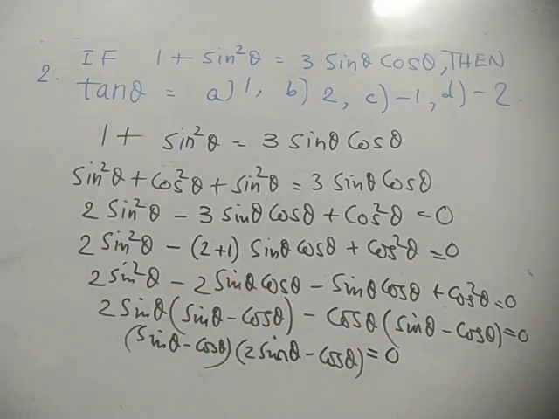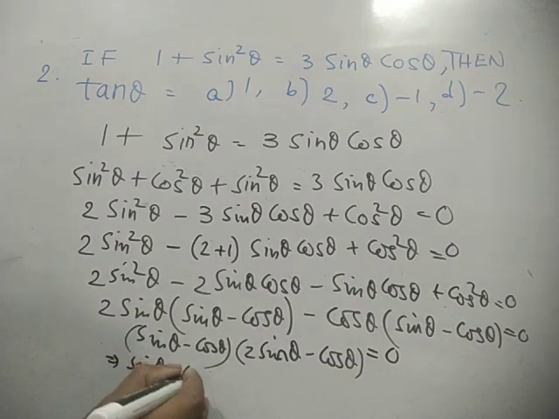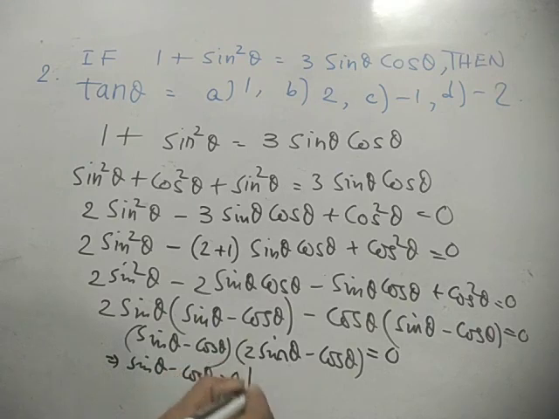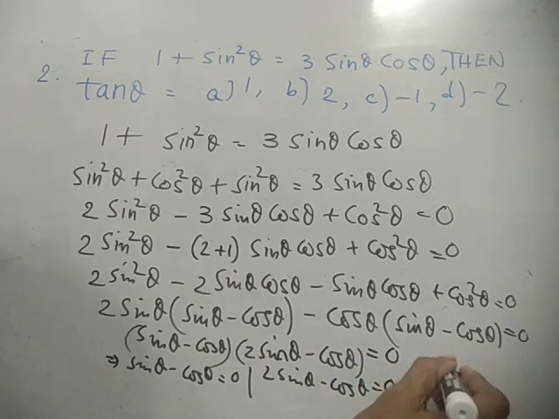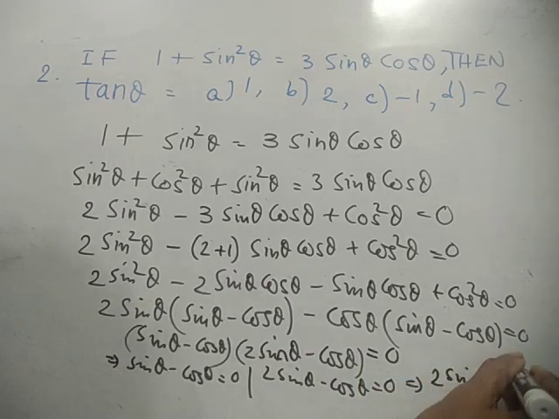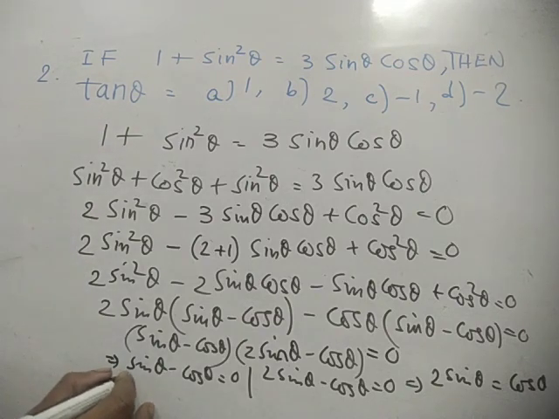So 2 factors equals to 0 means we know either the first one equals to 0 or the second one equals to 0. Means sine theta minus cos theta equals to 0 or 2 sine theta minus cos theta equals to 0. Now we need to find the tan theta value. So here we will do 2 sine theta equals to cos theta, from the second part. Now first part also we will do that way, sine theta minus cos theta equals to 0 means sine theta equals